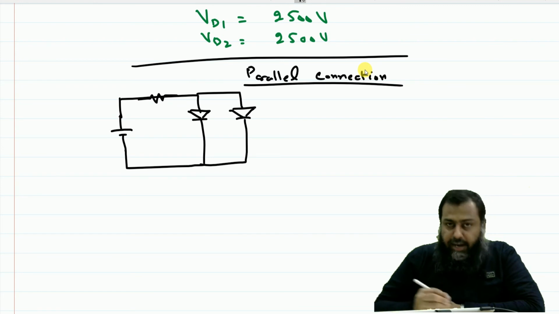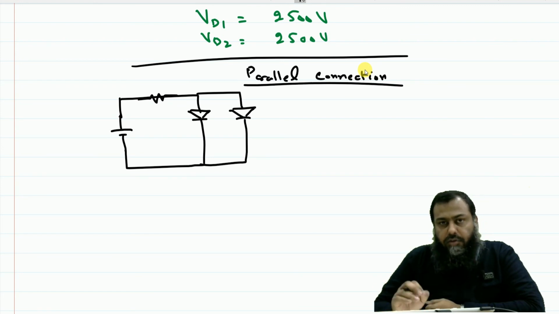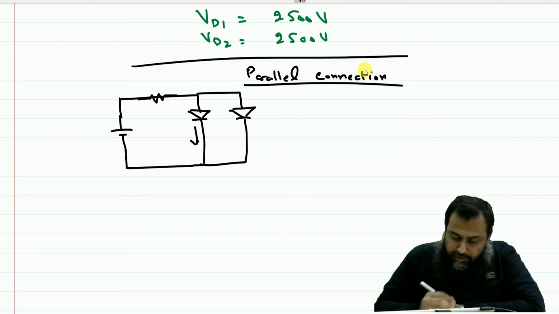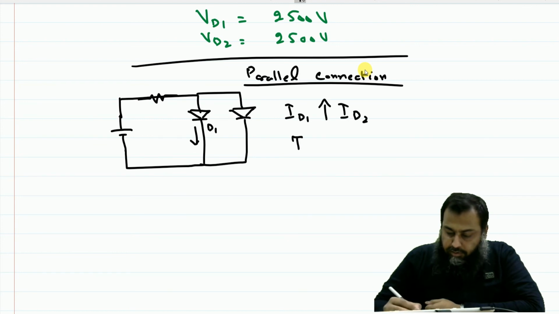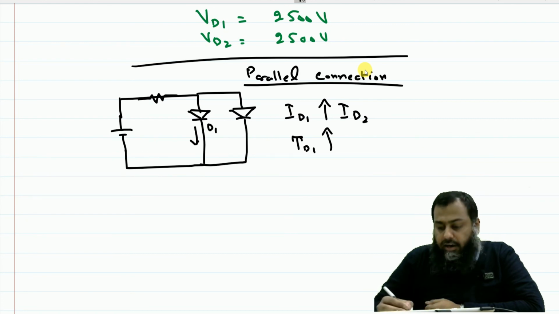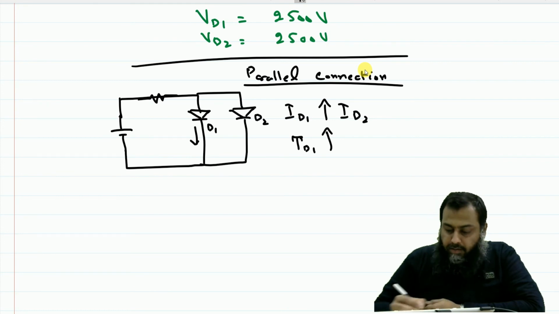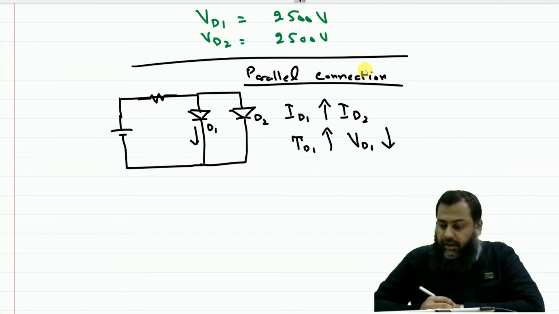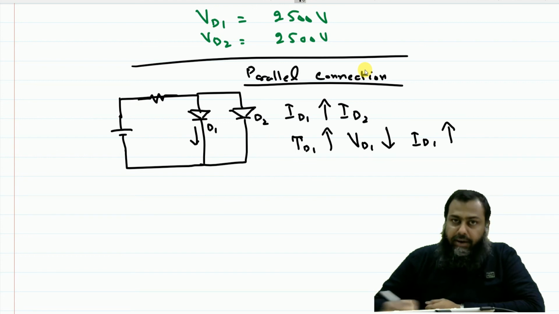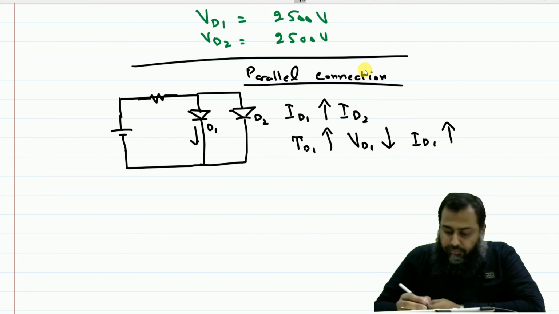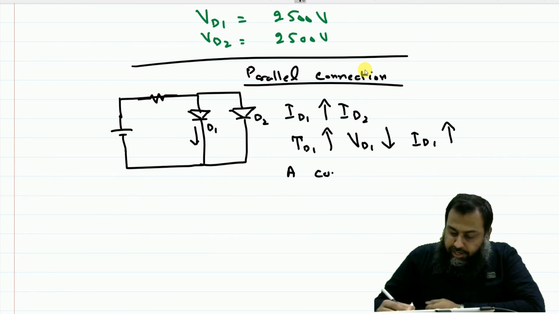As we have seen, the diode has a negative temperature coefficient, which means that if the current that flows through this particular diode D1, ID1, is greater than ID2, then the temperature of the diode D1 will be higher than the temperature of the device D2. So the voltage of D1 will decrease. That will result in an increase in the current ID1, and consequently this snowball effect leads to the failure of this diode D1. Therefore, there requires a current sharing